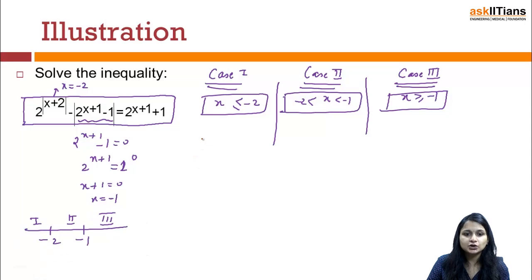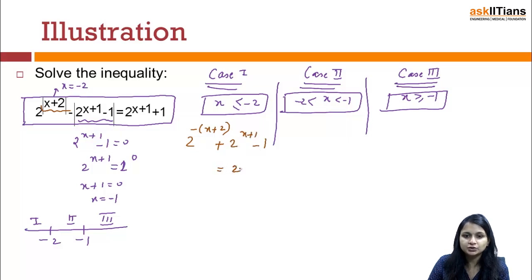Okay. Now, x less than or equal to -2. So, what will happen? This is very important. When I take x less than or equal to -2, what will happen to |x + 2|? It would be negative, so it will return -(x + 2). Okay. Now, again I will put this minus sign. Let's check what will happen to 2 raised to the power (x + 1) minus 1. Now, I am taking x less than -2. Suppose I am taking -3. So, it would be 2 raised to the power (-3 + 1), 2 raised to the power -2, 1 by 4. Again, it would be negative. So, I have to put a negative sign. So, it becomes plus 2 raised to the power (x + 1) minus 1.